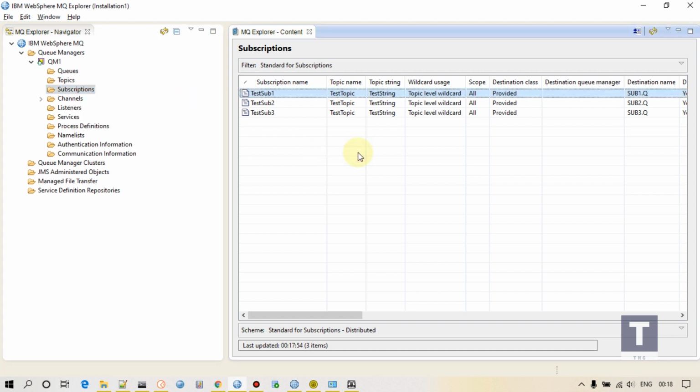We have some MQ commands wherein we can create any number of topics and subscriptions. We just have to run that script. So in this video I just wanted to explain the concept of PubSub in a very short way, and I hope you understand it.